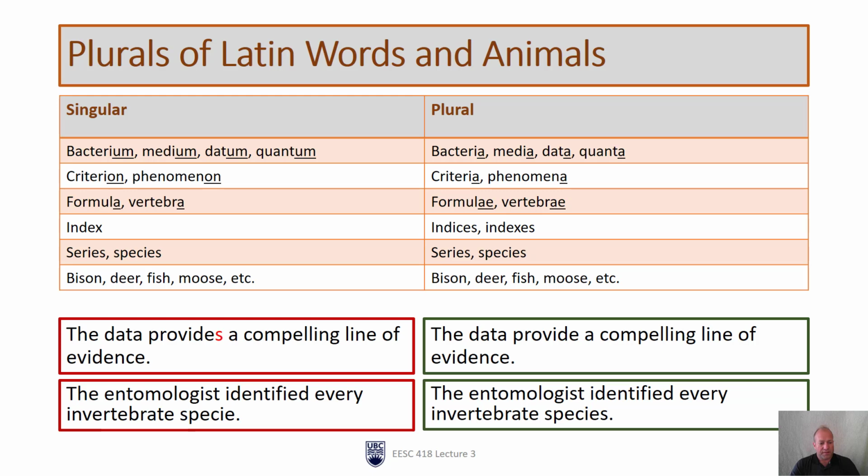So let's look at a couple of examples. These are examples that come up all the time in technical writing. Data is probably the most common that is erroneously written. And I understand that data as a singular might be correct in the United States. It's definitely not correct in English technical writing to use data as a singular. So, "the data provides a compelling line of evidence." You might hear that all the time. It might sound right, but you should write it as "the data provide," or if you don't like using data as a plural word, you can just say "the data set," and now it's a singular. So the data set provides a compelling line of evidence. It's a subtle nuance, but it is good to get it right.